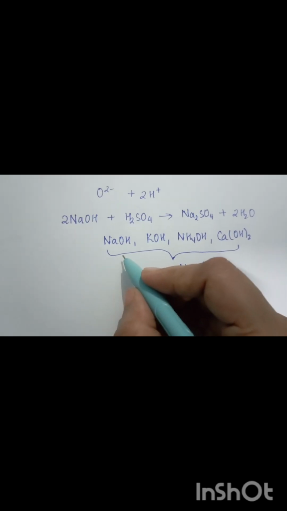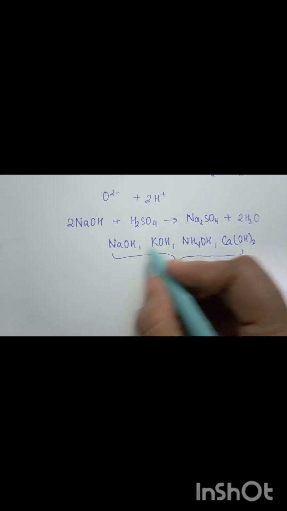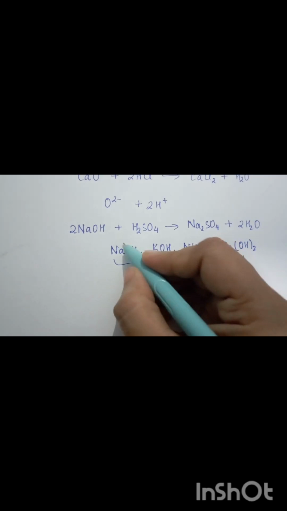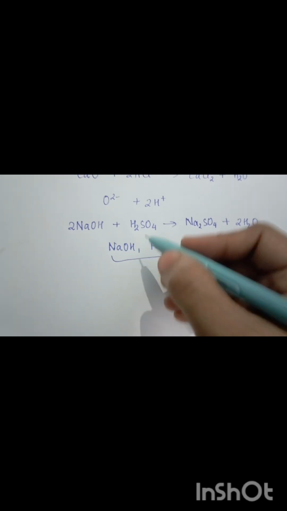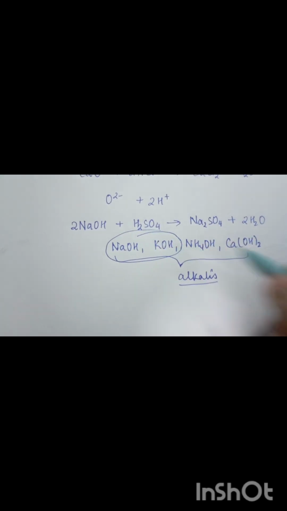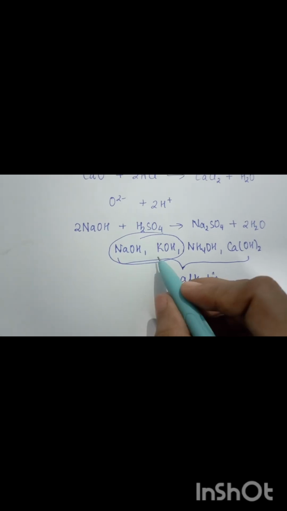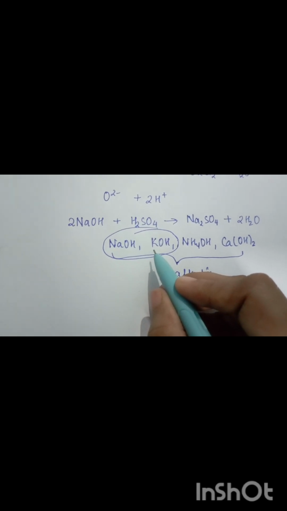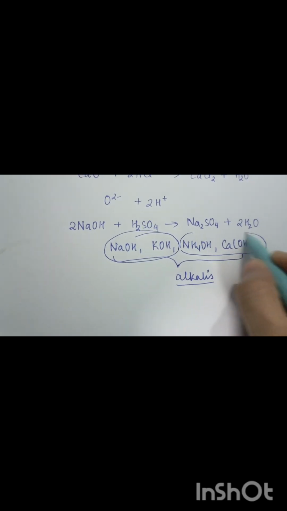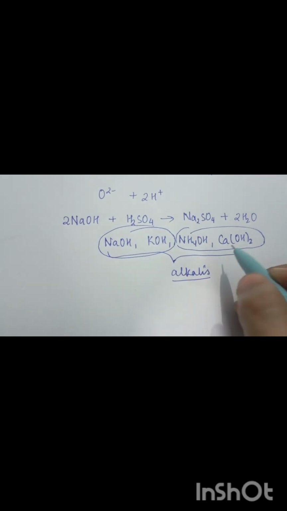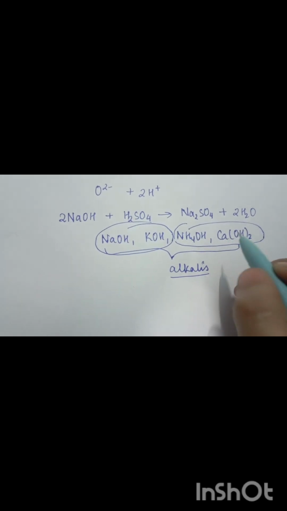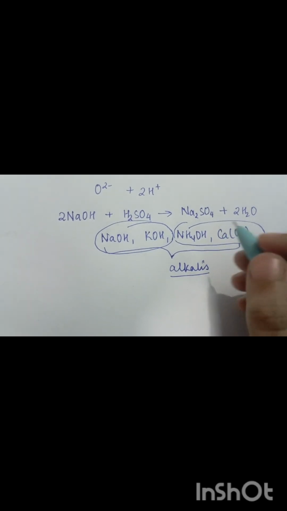Okay. Now strong alkalis means which dissociate completely in solution are termed as strong alkalis or strong bases, you can say. So the strong alkalis are NaOH and KOH. NaOH and KOH dissociate almost completely to release OH minus ions in the solution. Okay. But NH4OH and calcium hydroxide are weak alkalis. Okay, their aqueous medium will contain ions as well as molecules of ammonium hydroxide and calcium hydroxide.